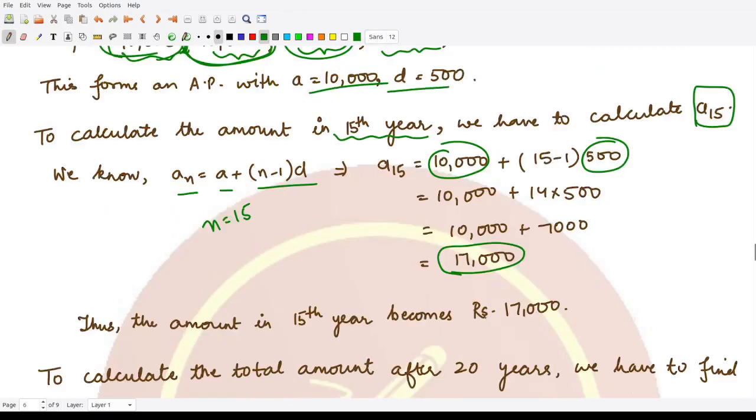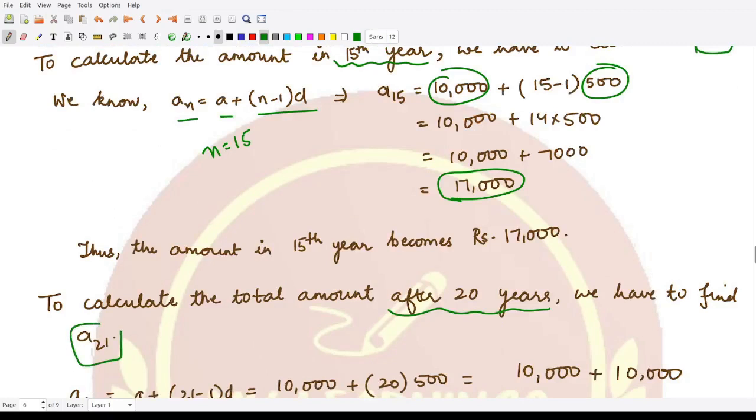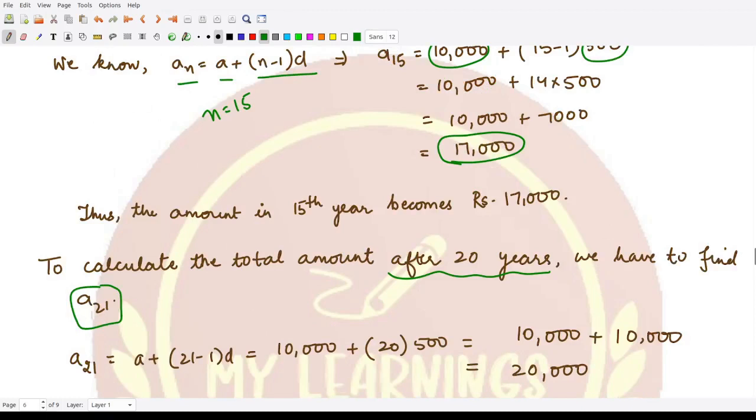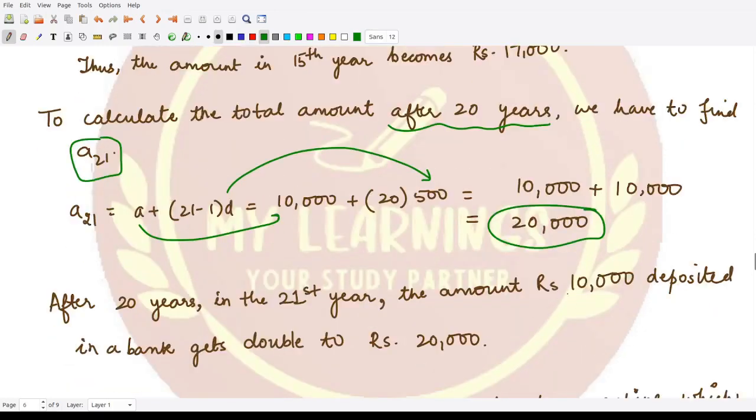What about the amount after 20 years? So after 20 years, that means we are now in the 21st year. So in the 21st year, the amount would be A21, right? So for A21, it would be a plus (21 minus 1) times d. So you can substitute the value of a here, you can substitute the value of d here, correct? And simplify it, the amount comes out to be 20,000. So after 20 years, the amount in the 21st year would become 20,000. So you see, your initially deposited amount after 20 years would be doubled in the bank when the rate